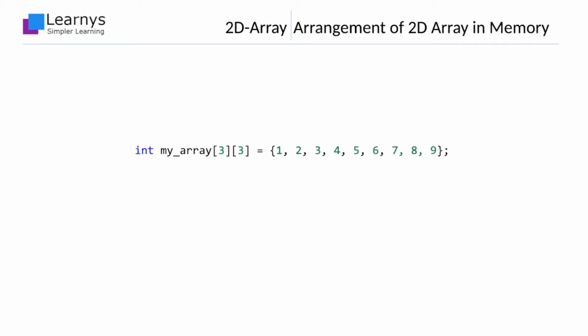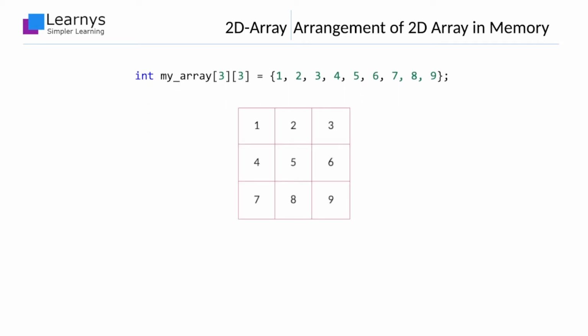And this is the conceptual representation of the two-dimensional array just created. Note that this is just a conceptual representation for visual understanding. The actual layout of the elements could be entirely different than this representation. This two-dimensional matrix-like representation is just a conceptual representation. In reality, the elements of the two-dimensional arrays are also stored in linear fashion at contiguous memory locations.